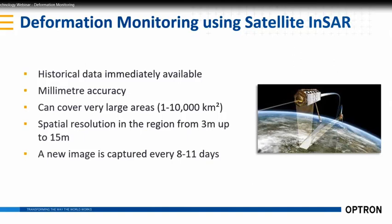You can literally get down to millimeter accuracy with this technology. And being satellite-based, you can cover very large areas, which is ideally suited for mines, considering the size of the operations. Depending on the satellite, you can get resolution actually down to 1 meter, which is quite specialized, but generally we say the higher resolution is in the order of 3 meter pixel size on the ground. And the historical data, as I mentioned in point 1, that's typically around about 15 to 20 meters pixel size